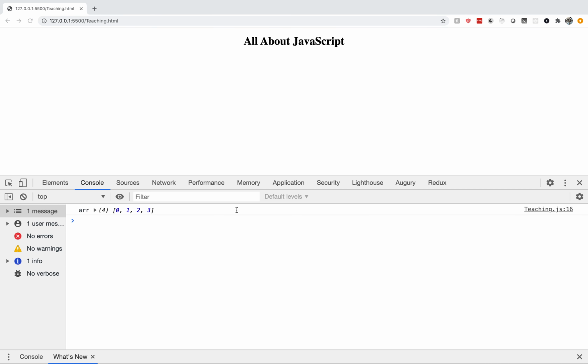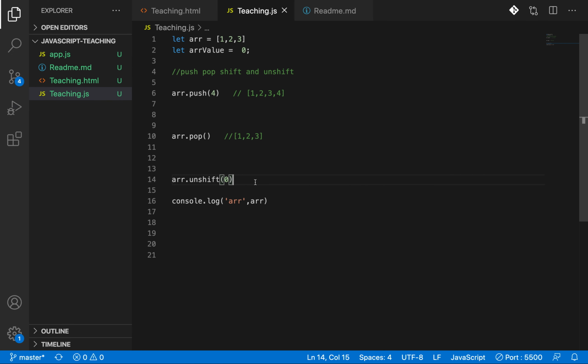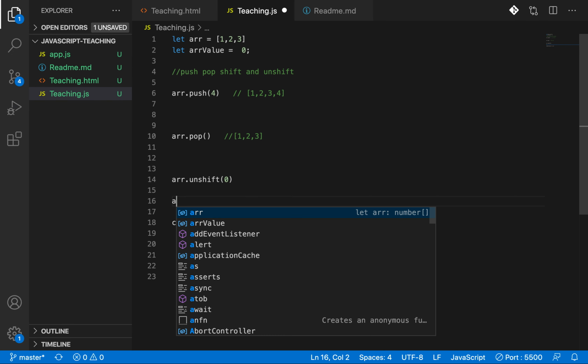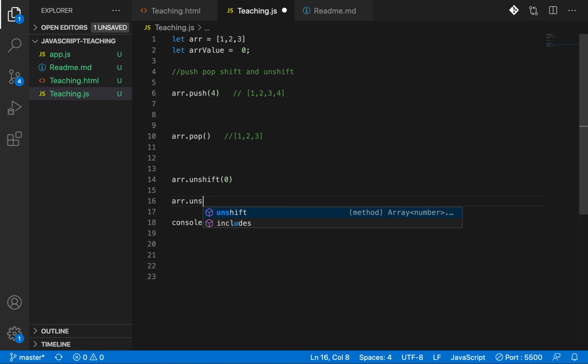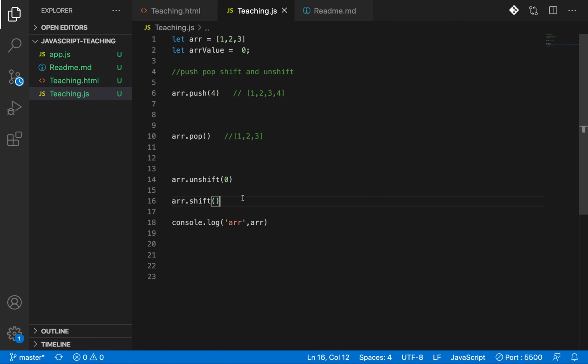Let's look. You see, 0 was added, and if you want to remove the first element, then array dot shift. Sorry, it's shift. That's it, 0 was removed. These are some methods where you can remove or add at the last element or the first element of the array.